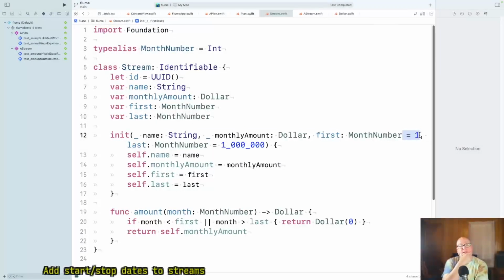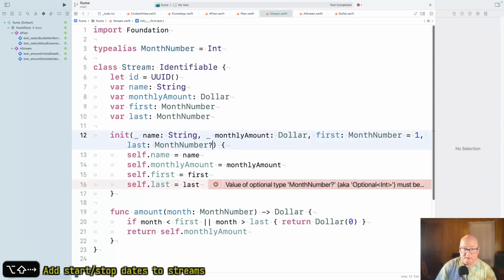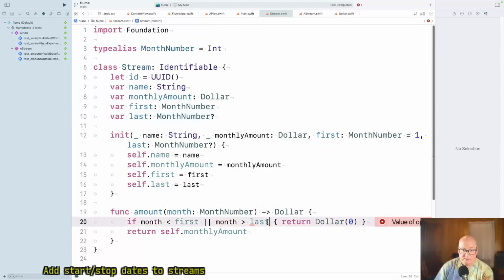Or do I just want the last one to be optional? Maybe I want the last one to be optional. Okay, so now I'm kind of refactoring this, and things change. Month greater than last, if it exists. Is that right?